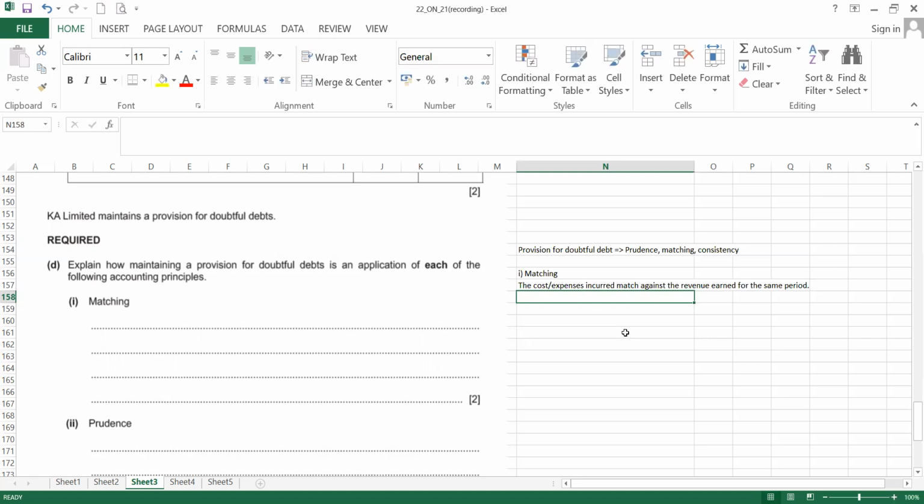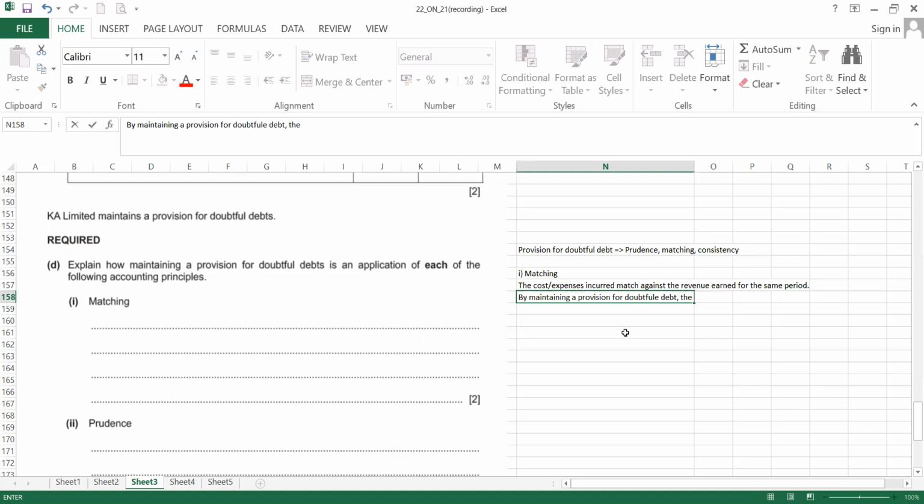So that is the general rule for the matching concept. So how are we going to apply the matching concept to the provision? You can say by maintaining a provision for doubtful debt,